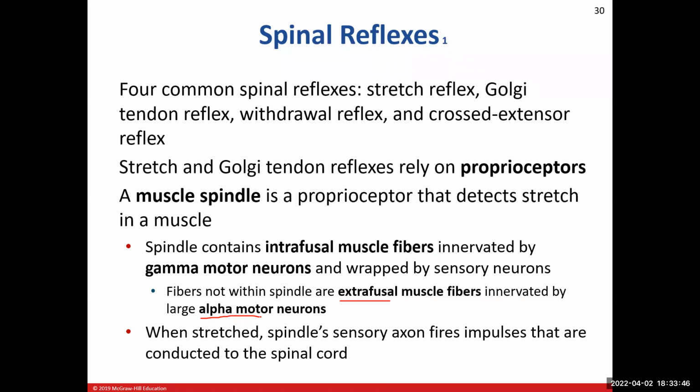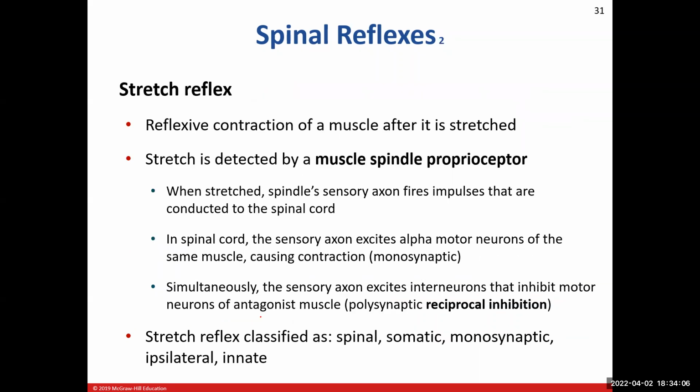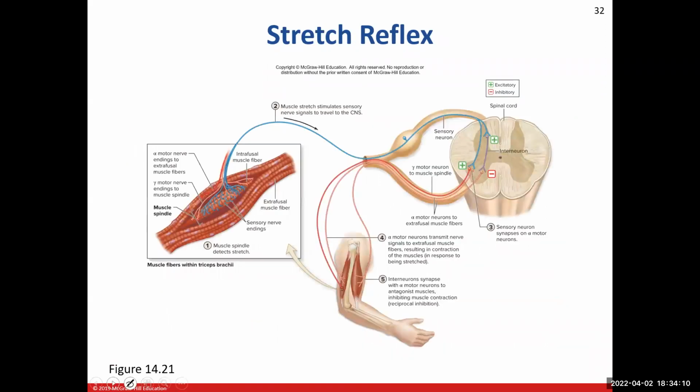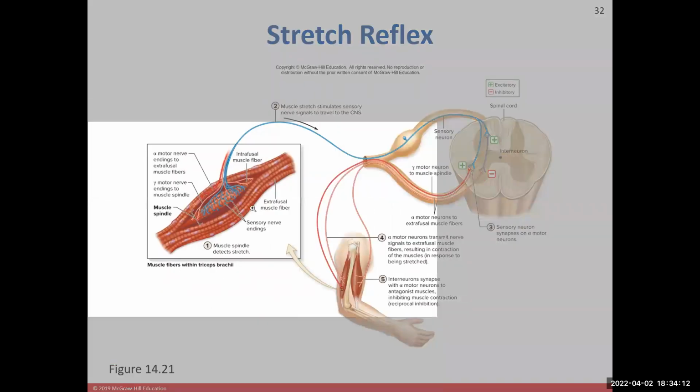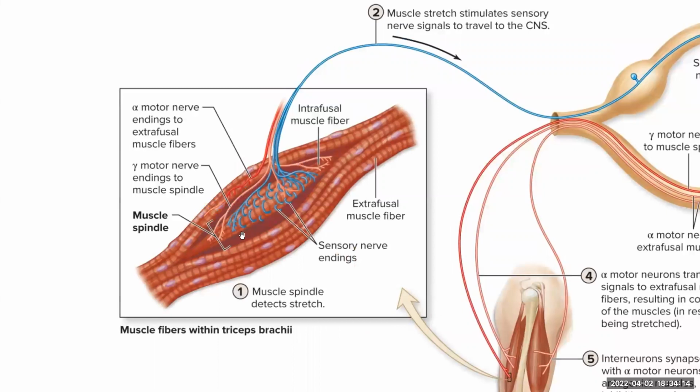So when our muscle spindle gets stretched, it's going to send sensory input information to our control center. In this case, that's going to be our spinal cord. So once it gets stretched, the sensory neuron just starts to fire off our nerve signals, action potentials, or nerve impulses to the spinal cord. So let's take a peek and see. First, I'll just zoom in here and show you what our muscle fiber looks like.